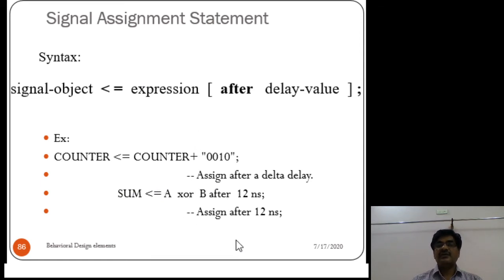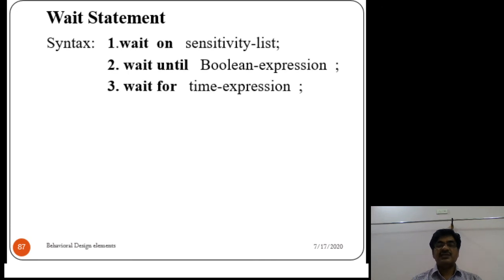Okay, then let us see another sequential statement, wait. The purpose of the wait statement is to provide delay again. The wait statement can appear in 3 forms: wait on sensitivity list, wait until Boolean expression, wait for time expression. Wait on means wait on the sensitivity list.